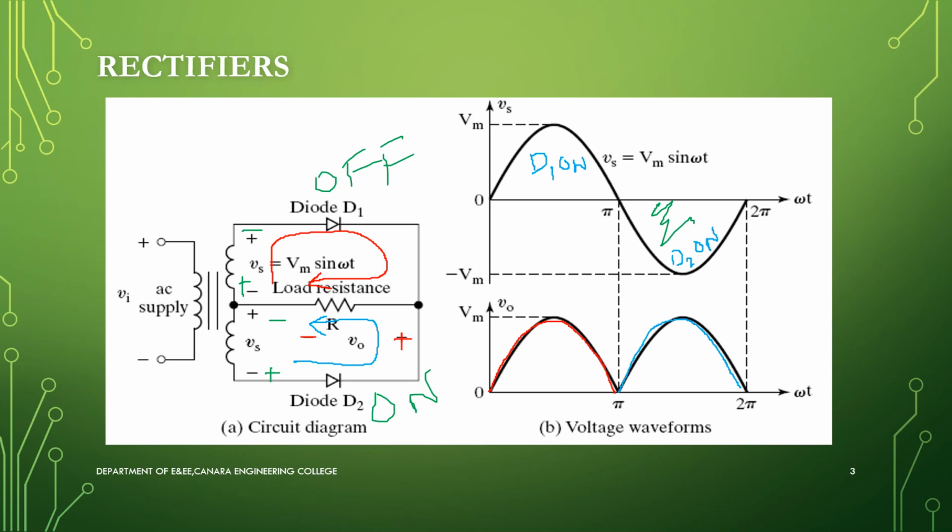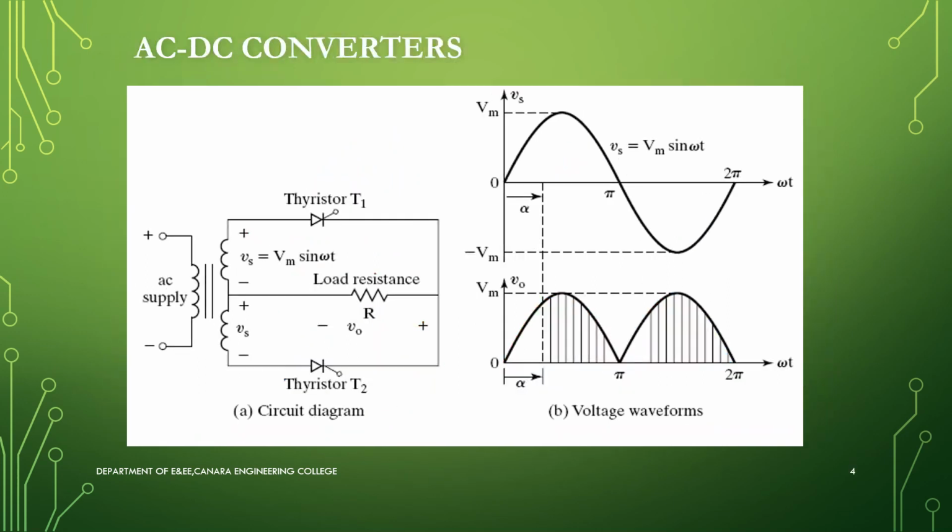Now we will see how we can design a controlled rectifier. So controlled rectifier, which is an AC to DC converter using thyristor. In this circuit, in the place of diode we have thyristors. It is replaced by the thyristors. Okay. So now how actually is this circuit going to work? If we look into the waveform, it looks similar. Both your input as well as output are the same.